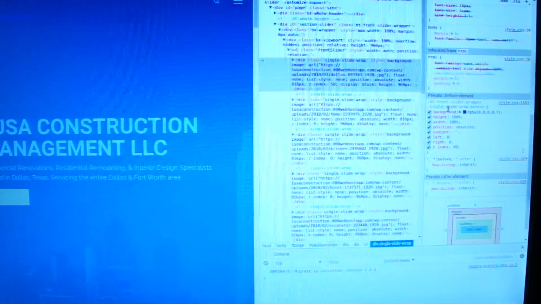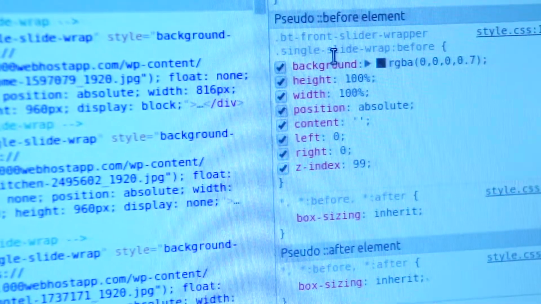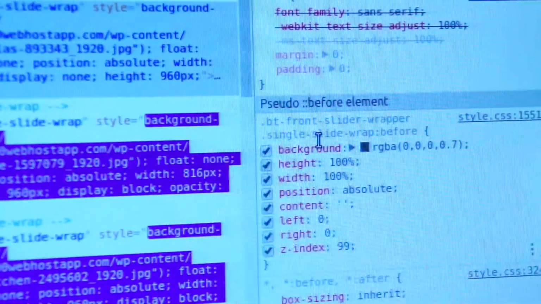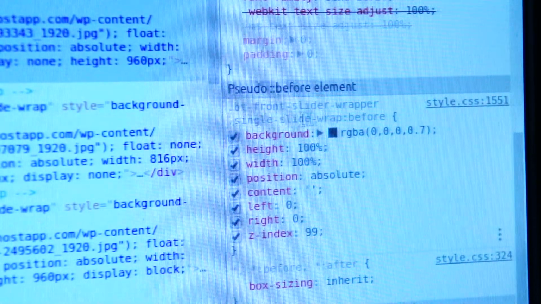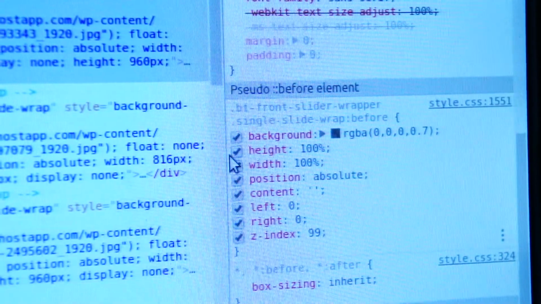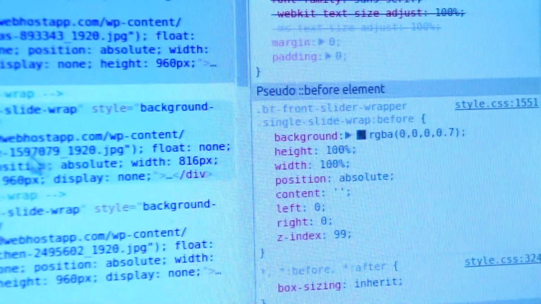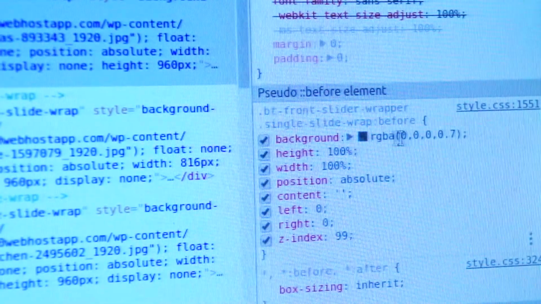Let me see if I can zoom in so you can see. Right there, you can see BT front slider wrapper, single slide wrap before. So that's a pseudo element on the actual div for the slider image, which puts this overlay right here,